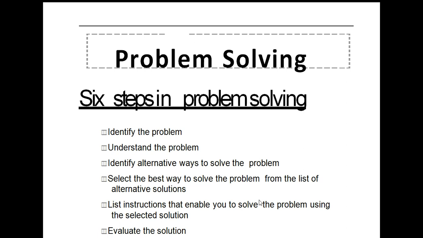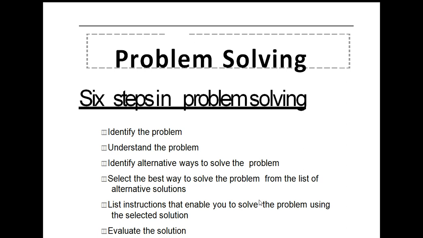So in problem solving, we need to first identify the problem. What is the problem that we are going to solve, and what is the problem you are going to find the solution for. All these things we have to identify first. That is the very first step. After that, you have to understand the problem. After identifying the problem, you should understand what the problem is, why it is required, why it needs to be solved. If you don't solve it, what are the problems, and if you solve the problem, what are the profits that you will get, and if you don't solve it, what is the problem that you are going to face. All these things you have to understand, and how you have to solve the problem also you have to understand.